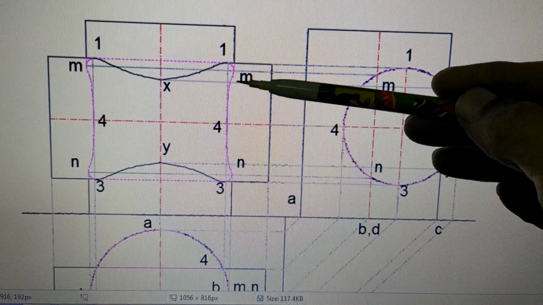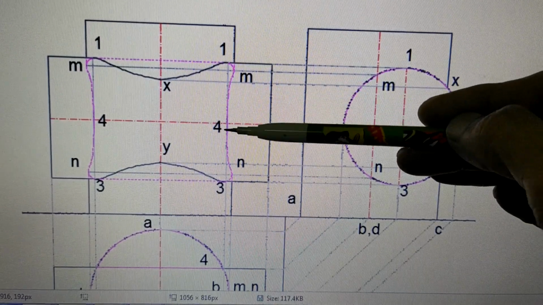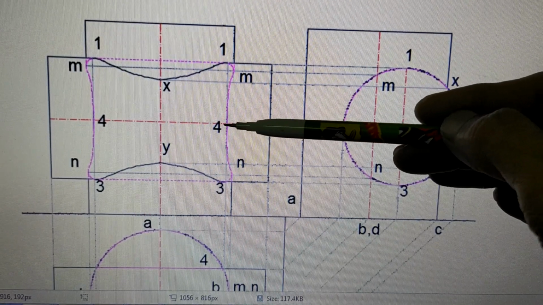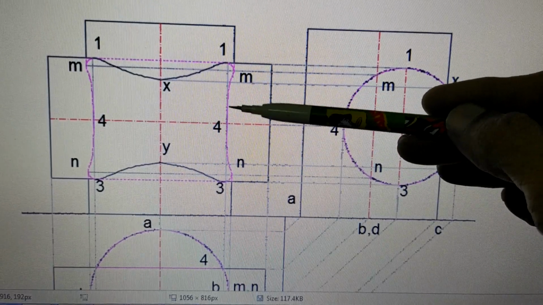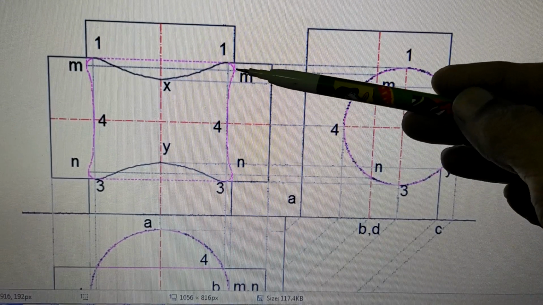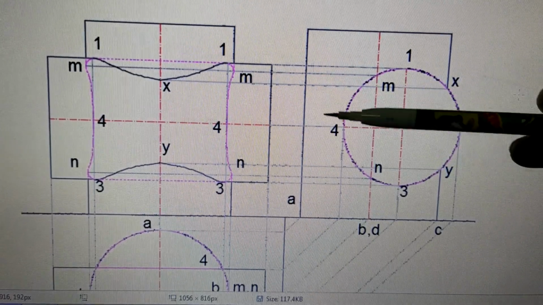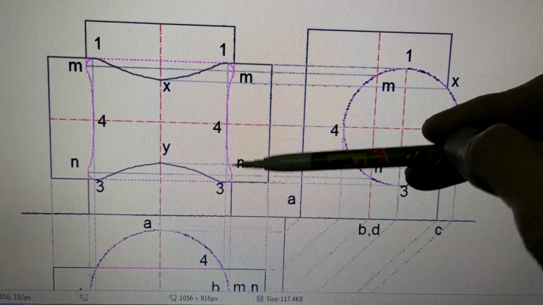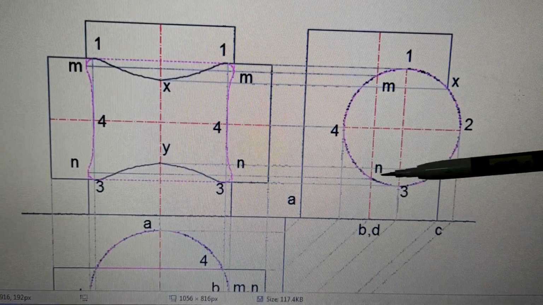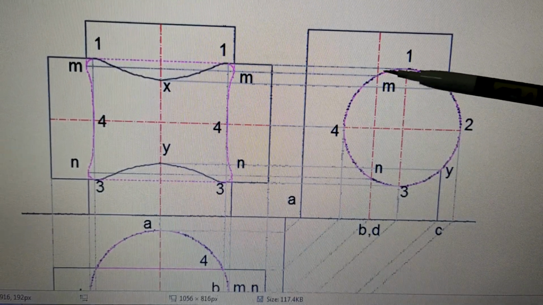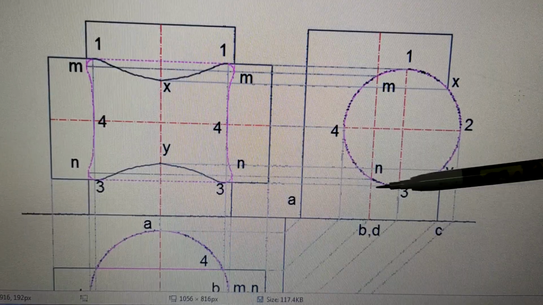So this is drawn as a curve, and 4 is the point maximum on this side. So this is like a curvature here, and then from here it goes like this. After 1, it is coming on the front side. You see here 3, n, 4, m, 1, everything is on the back side of the cylinder.